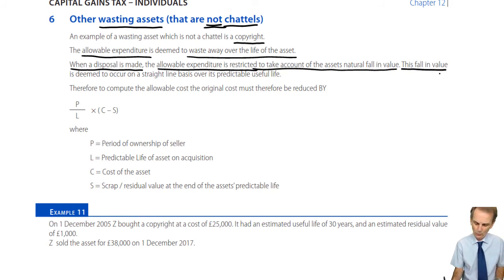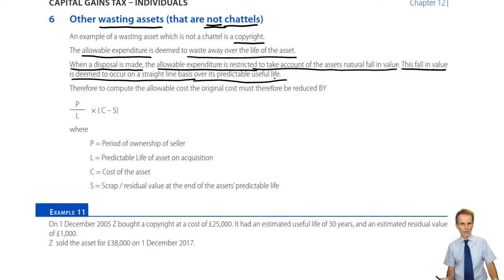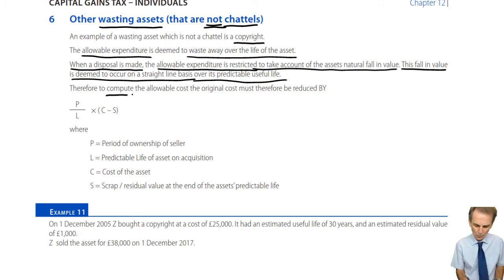This fall in value is deemed to occur, as we've just said, on a straight line basis over its predictable useful life. Again, with something like a copyright or a patent, you would know exactly how long that will last for. Therefore, to compute the allowable cost, the original cost must be reduced